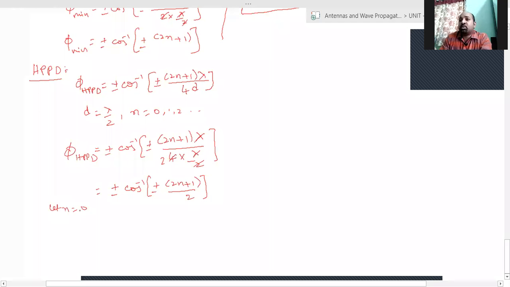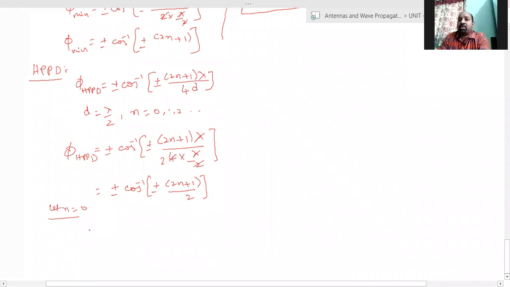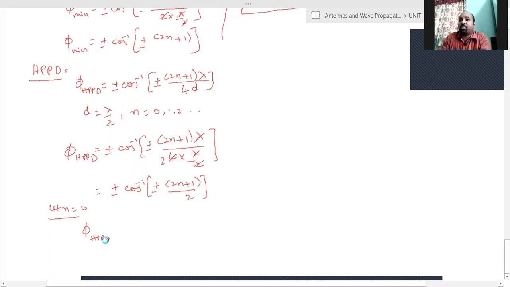And now let n is equal to 0. Let n is equal to 0. So what will we get? Half power point directions is equal to plus or minus